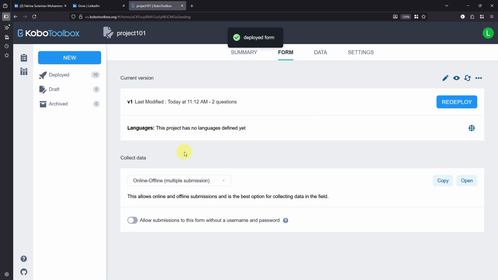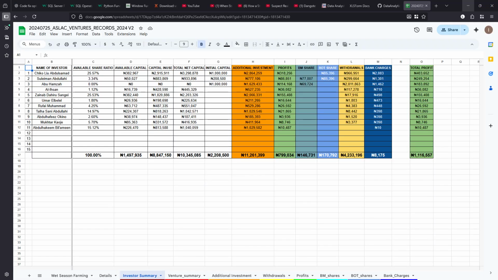Then, depending on what you want to do, you can either make this open for everybody to submit, or usually you would need a user identification to actually submit. But if I want everybody to submit data, I will just click on this allowed submission to this form without a username or password, right? And once I do that, I can copy the URL, click on copy, go to